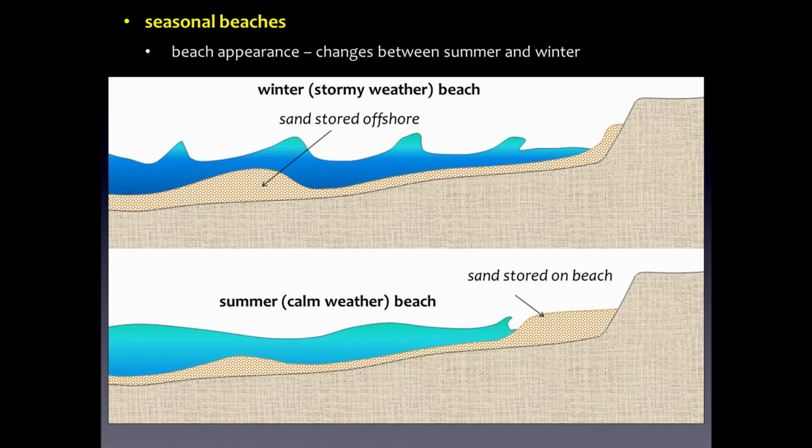Here's a side view of what will happen on a beach. Once again, during the winter, lots of stormy weather. We get a much steeper beach face. The sand is stored offshore. In the summertime, calmer weather, we see that sand that's typically stored offshore during the winter. We're just dealing with coarser grained material up on the beach. That sand then gets moved back onto the beach, and we have a much shallower sloping, and much sandier looking beach, typically in the summertime. We can still sometimes have a rocky beach,